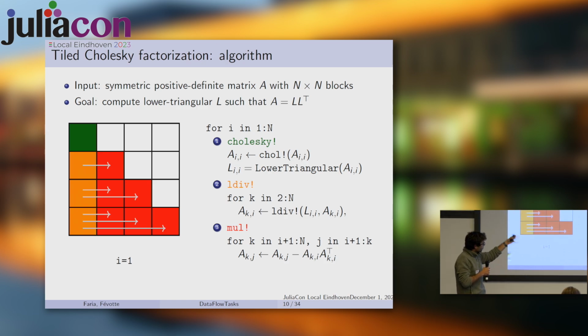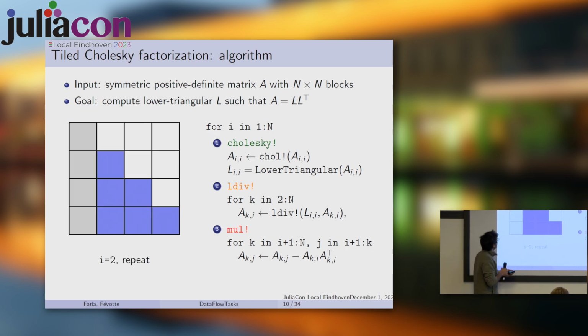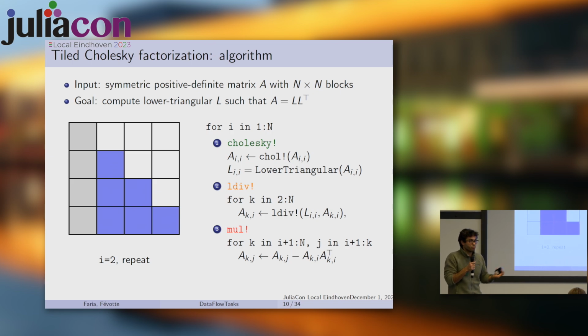Which was what I showed in the previous slide, this matrix multiplication. And then we're done with this first column. We just move on to the next part and we continue. So this could be a point where we just synchronize, a sort of fork-join place. If we wanted to write this algorithm by hand and not use a DataFlow task, we could have